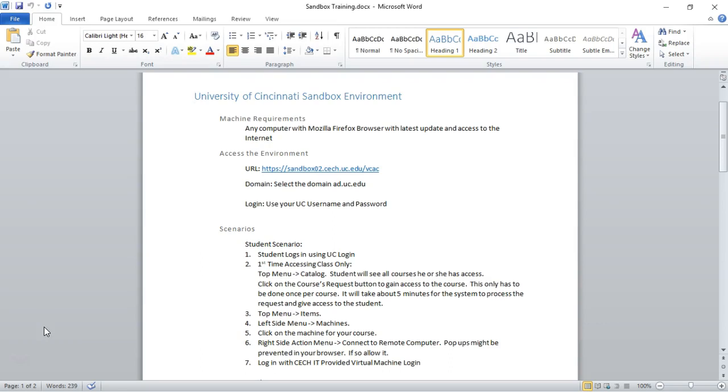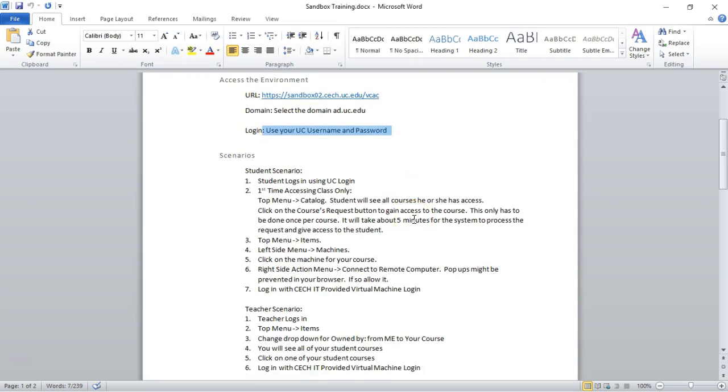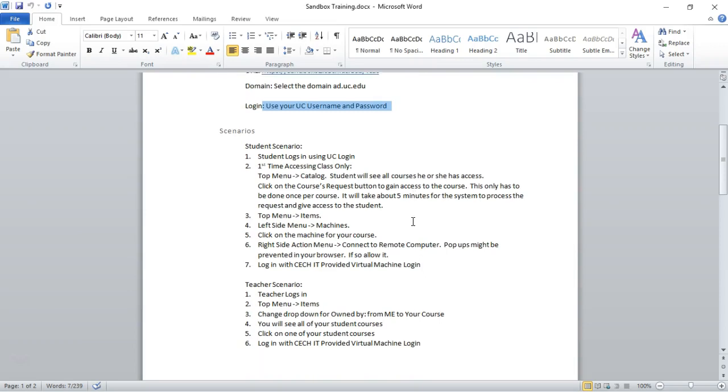First of all, take a look at this document called sandboxtraining.docx. I'll put this up on Blackboard, but this contains a lot of very important instructions, including the URL for Sandbox, the domain to choose, and then you simply log in with your normal 6+2 Bearcat ID and central login service password. There are some instructions here on what a student will do and also what a teacher will do